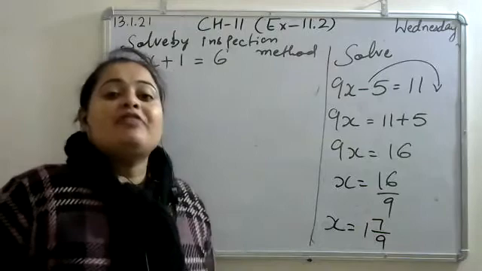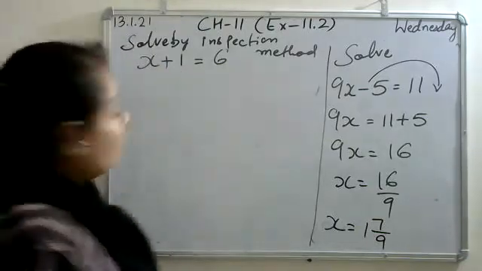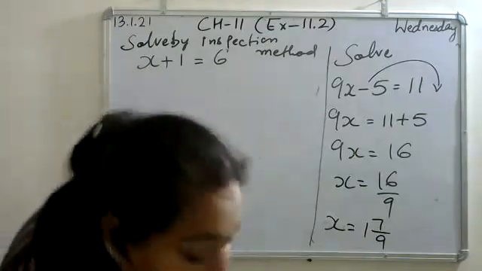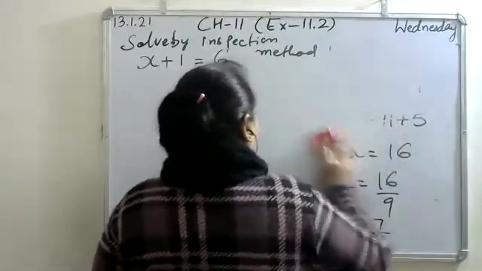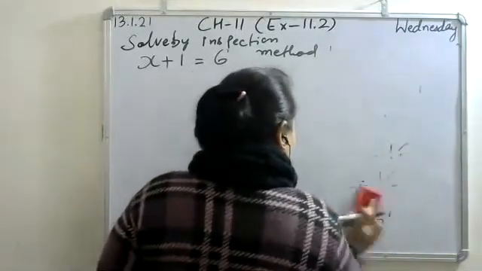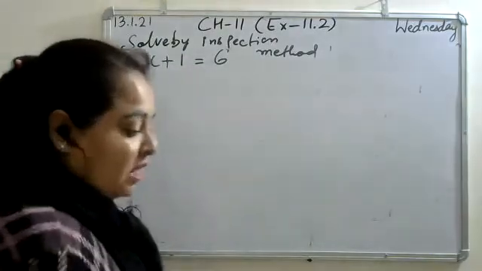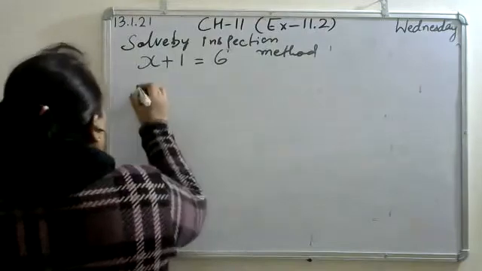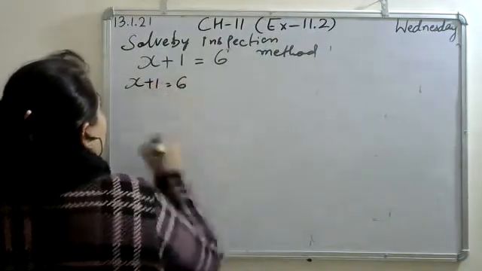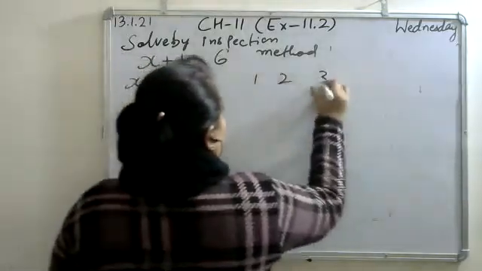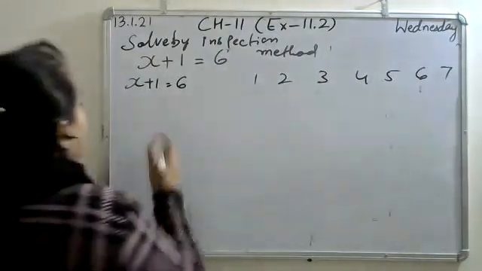We will put the values one by one. First of all, हमने किया नहीं था, यहाँ पे values आपको given नहीं है. 11.5 में क्वेश्चन नंबर 4 is based on inspection method. Values आपको given नहीं है, तो we will put the values one by one. ये किया नहीं था यहाँ पे पहले. You got x plus 1 is equal to 6. So values 1, 2, 3, 4, 5, 6, 7. So first of all, this is x plus 1.